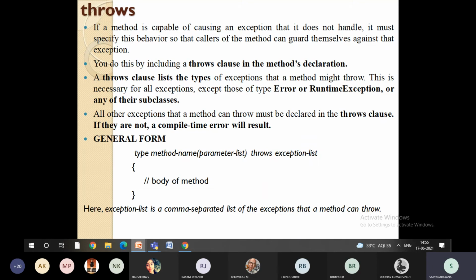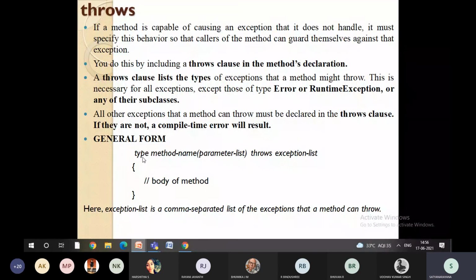Say for example, I know that there is a possibility that I'll get an error in this method, but I cannot handle it. Then I need to specify it with the help of the throws keyword. The throws keyword relates to exceptions that might be thrown, like errors at runtime or execution time, or a subclass, anything that might be. So the throws keyword is used to show the user there is a possibility that you will get some error here.